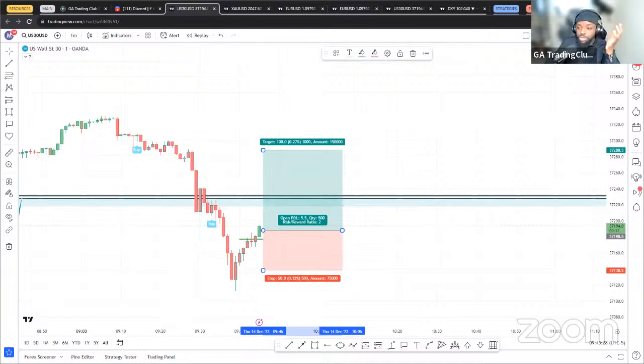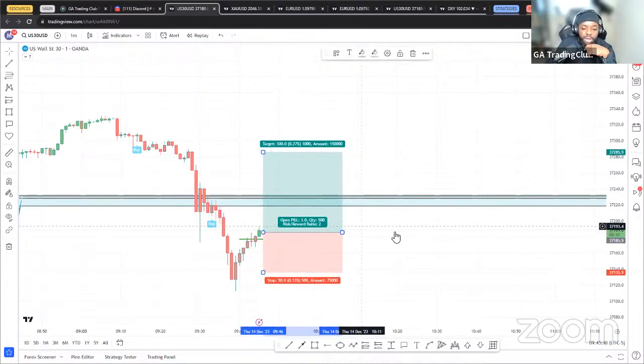Since I'm risking 1% per trade, I only have two trades I can take in a day that can hit stop loss. So if I take the US 30 trade and it hits stop loss, and I take the EU trade and it hits stop loss, I'll be done. That will be it for the day. If you have lower risk, you can take more trades. But for me, I do see a good possible buy here.